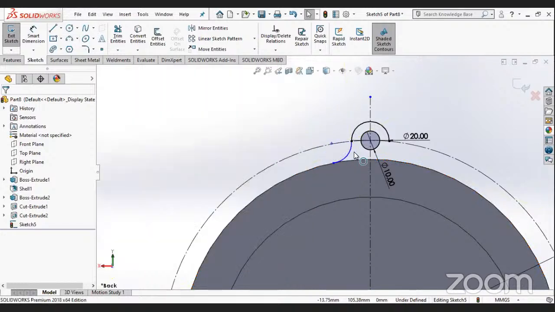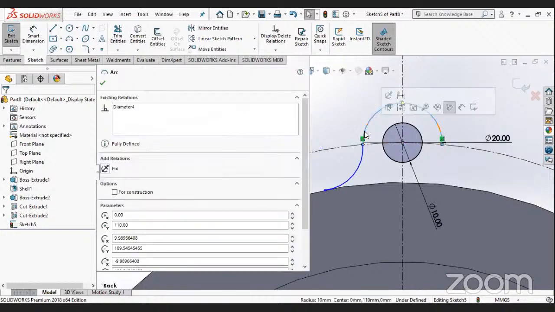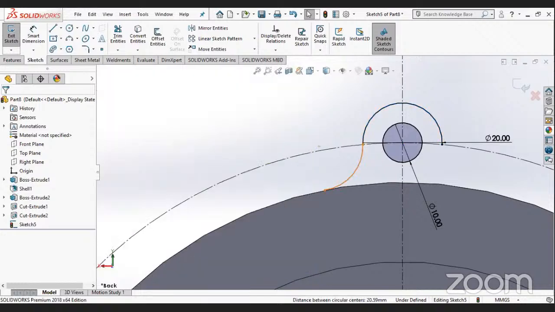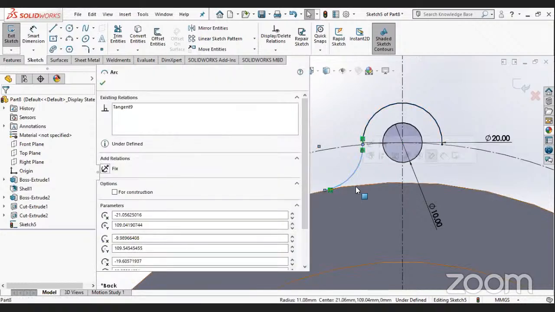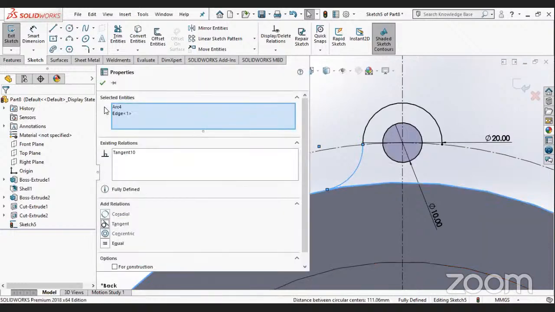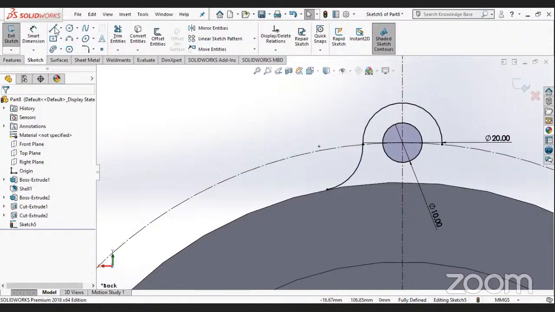If the arc is not coming tangent, you can just select this, select the arc and click here command tangent. Same thing goes further down as well. Click on the arc, press control button, click on the circular edge, click on tangent command, press right,